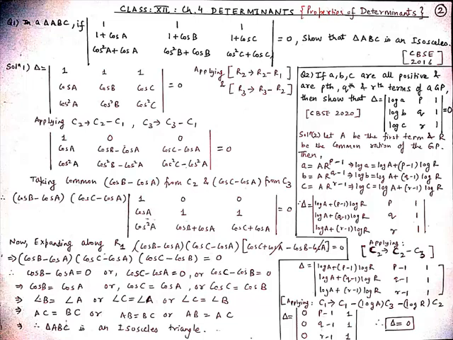See here in column 1, we have the first element, which is log A plus (p minus 1) into log r. So here the coefficient of log r is p minus 1. When we apply the operation, which is C1 tends to C1 minus log A times C3 minus log r times C2, the C3 element is 1, so we get minus of log A from here, and the C2 element is p minus 1, so we get minus of log r into (p minus 1). Therefore, by applying this operation, all the elements of column C1 will become 0. Therefore, its determinant is equal to 0.